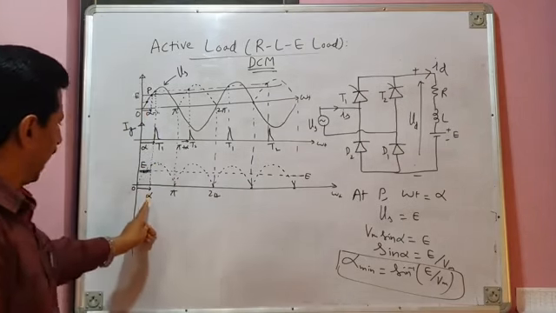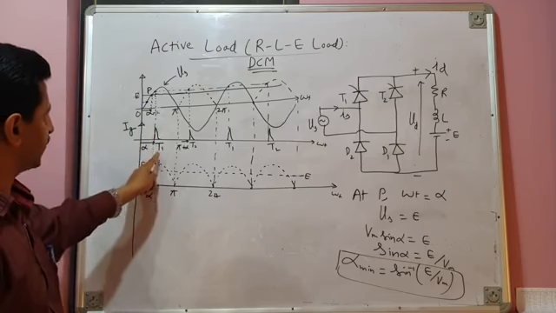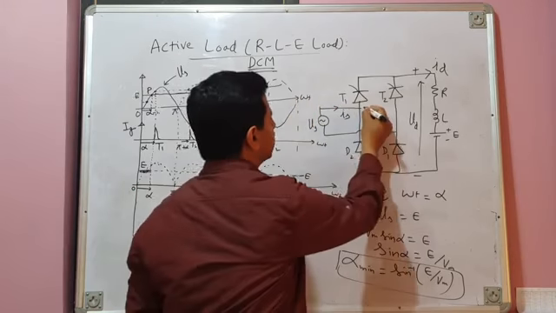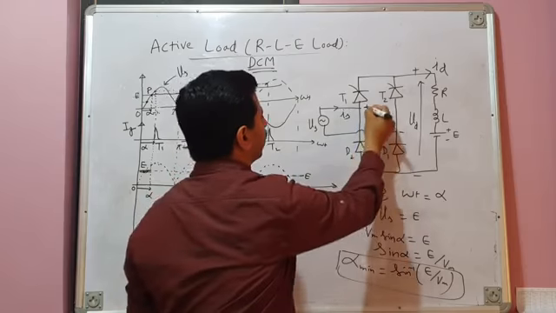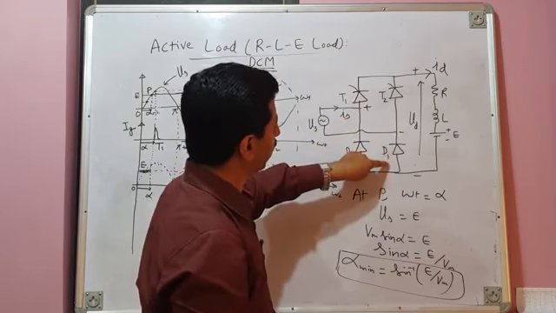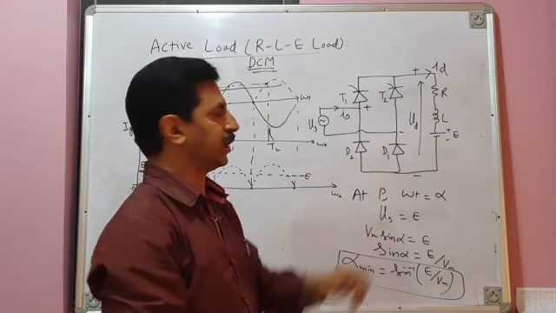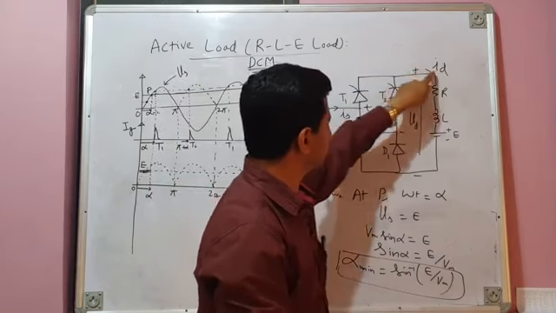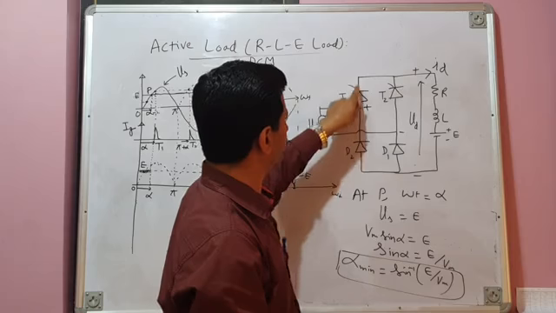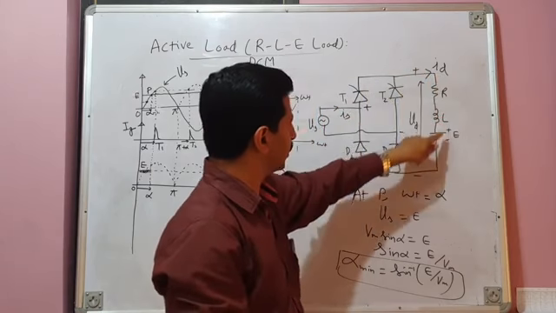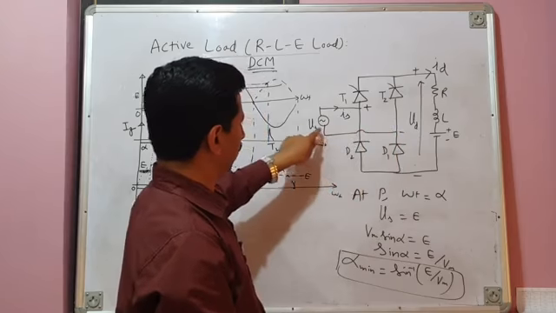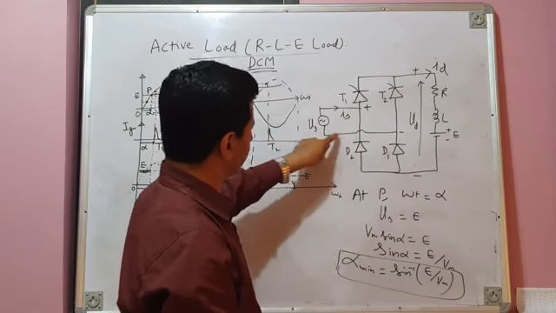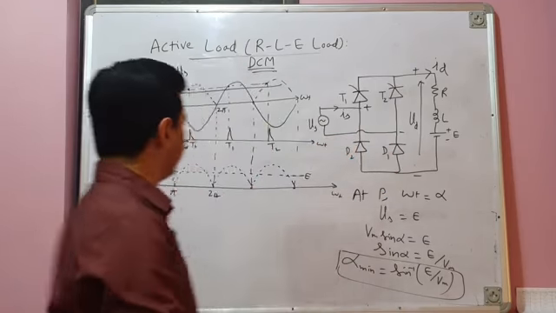Fine. So at alpha, firing pulse is issued to thyristor T1 as shown here. As soon as firing pulse is issued to thyristor T1, since this is already forward biased, it was waiting for the firing pulse, it along with power diode D1 will go into conduction. So T1 D1 pair will go into conduction and current will flow like this. Source current will flow through T1 and it becomes the load current. So this is the direction of flow of load current. Current flows through T1, through the load, and then returns to the source through D1. So T1 and D1 conduct.